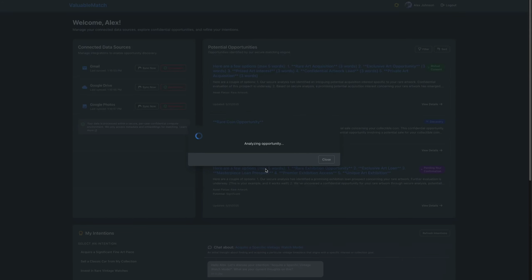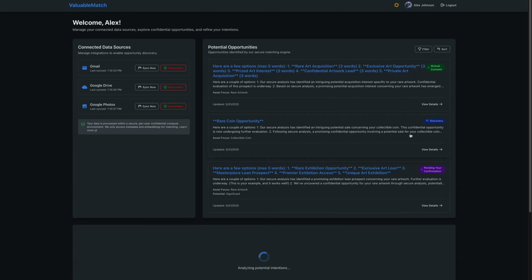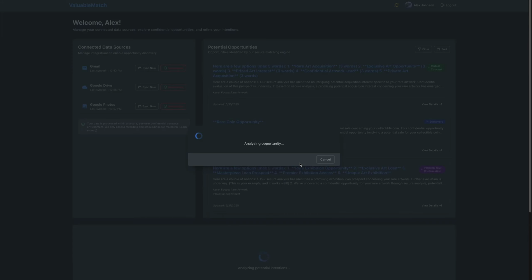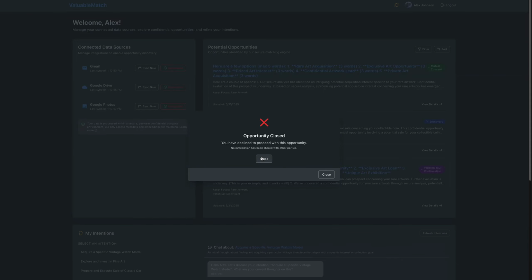And when the match has been sufficiently elaborated by the two AIs inside a new confidential compute container that is only accessible if both sets of keys, yours and the other party's, are turned at the same time, is this proposal unlocked, as you see here. And that proposal, you can then chat with. This particular opportunity has already been approved by both parties, so you're seeing them together, and you can chat with the other party and with the AI agents that are making this deal or proposing it.